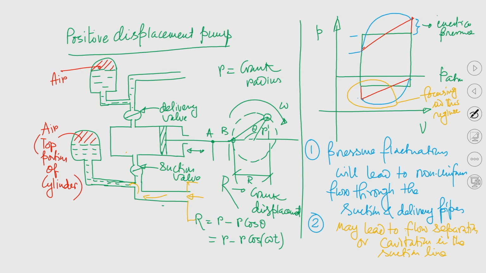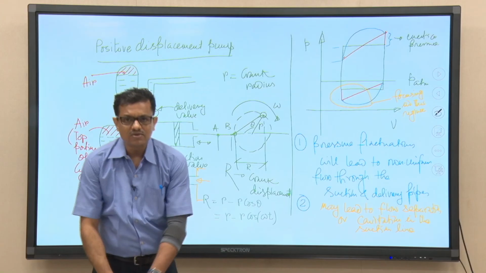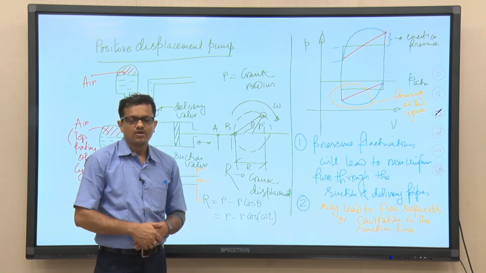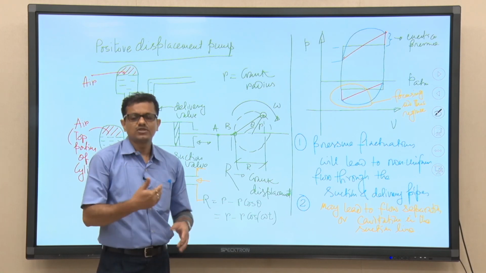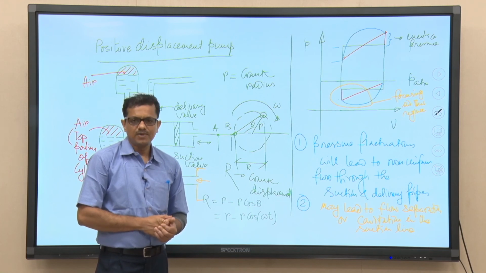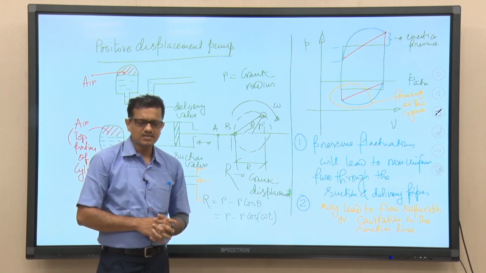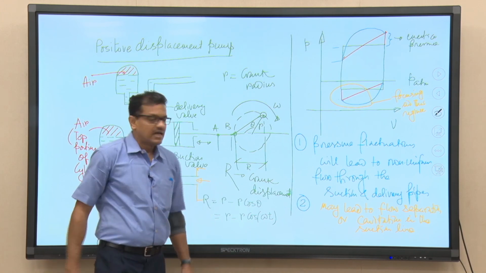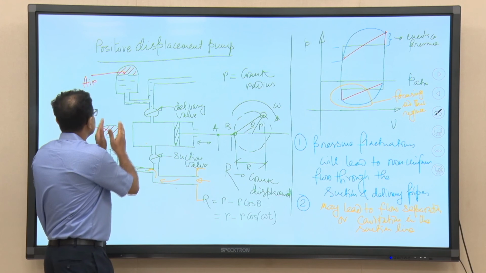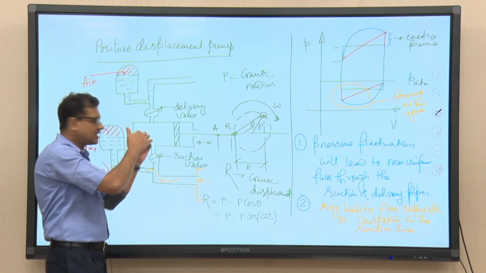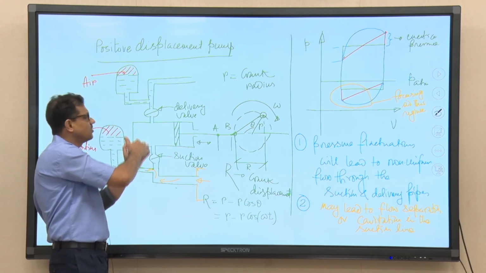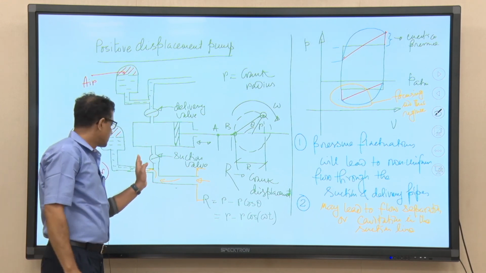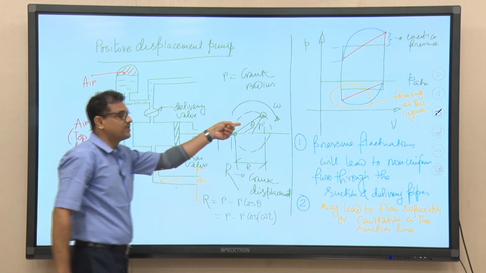So, you try to understand, we have discussed the requirement of air chamber for the smooth operation of the PD pump or PD pump pumping system. Now, whether the air chamber is there inside the suction tank, suction pipeline, or in the delivery pipeline, the air chamber must be there in the delivery pipeline. In the suction pipeline, depending on the rotational speed, it may not be required.